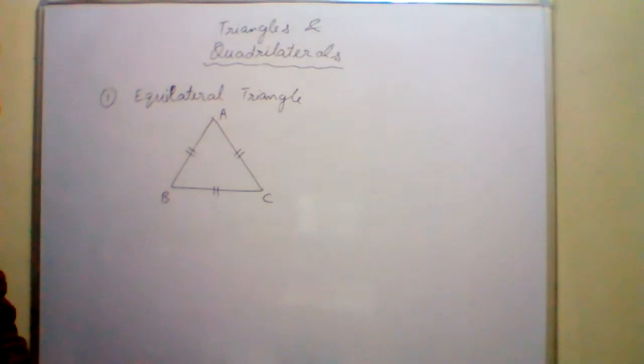Okay. Then right angle triangle. In a right angle triangle, the important thing is that one angle should be of 90 degrees. Then acute angle triangle, all the angles less than 90. Acute angle triangle में सारे angle less than 90 होंगे. And finally, obtuse angle triangle, one angle will be more than 90 and other two will be less than 90. Okay. So these things you have to keep in mind while drawing. These are the main points.